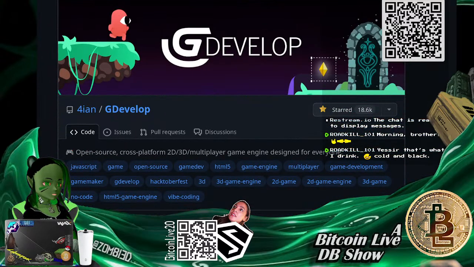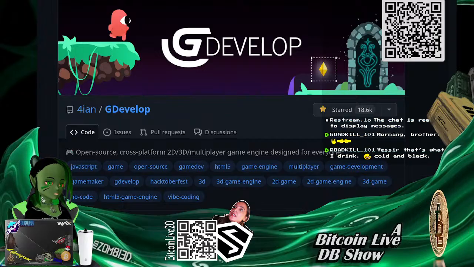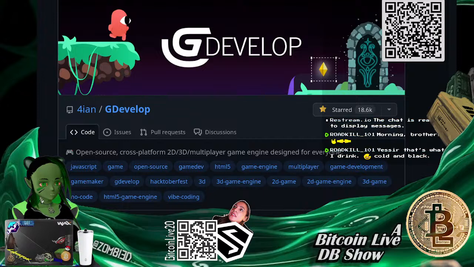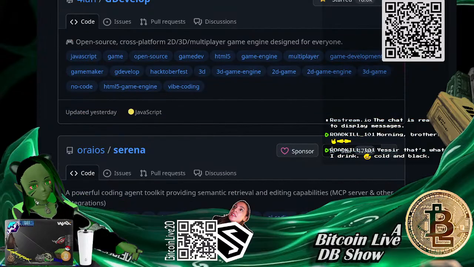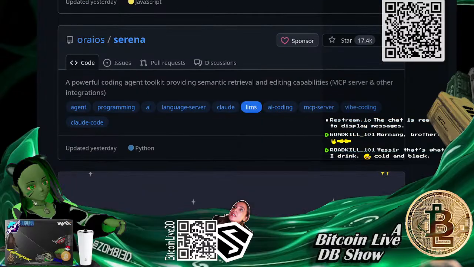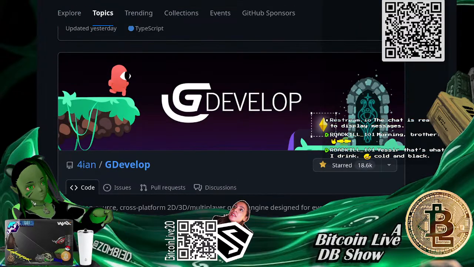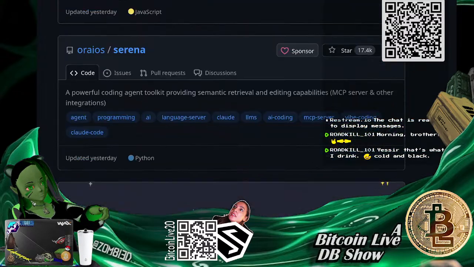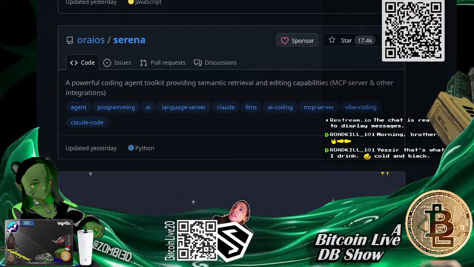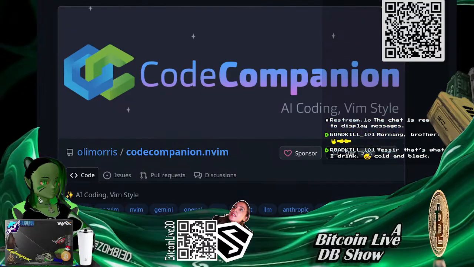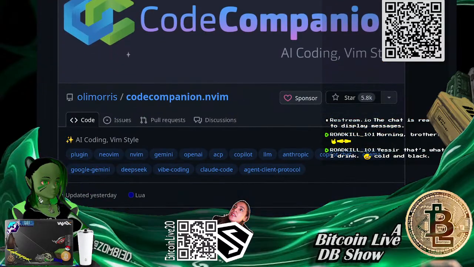GDevelop. Now, GDevelop's a little bit creepy that it's in here, but it's only in here because it's one of those ones where it's a tool that has vibe coding inside of it. I believe it existed before vibe coding. It's been around for a while. It's actually really good. And it's a game developer program. It's a game maker, basically. So, a powerful coding agent tool, blah, blah, blah, MCP server, integration, AI coding in Vim,